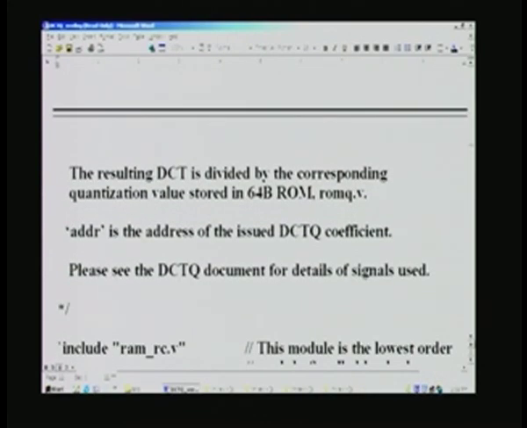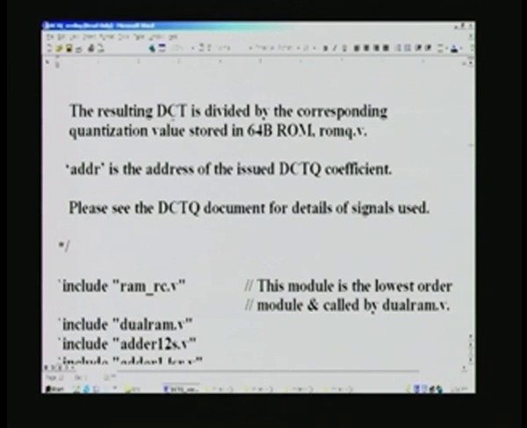This also we have seen earlier, and mind you, what we are doing is we are looking into the actual DCTQ design file, that is a .v extension, and DCTQ.v is the actual design file. Then what is the need for putting all this as comments? It is a ready reckoner for a designer or anyone else who is verifying the design, so that he need not go and look into the massive document that we have covered earlier. That is why it is saying here, please see the DCT document for details should you require more details, and the resulting DCT is divided by the corresponding quantization value